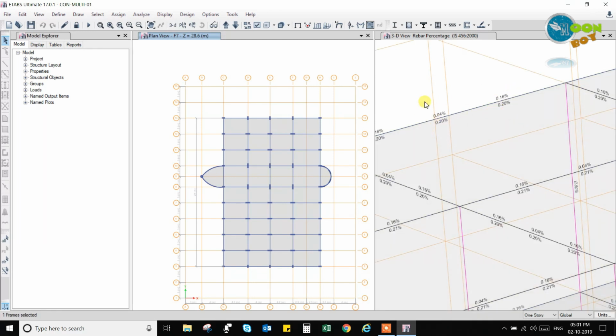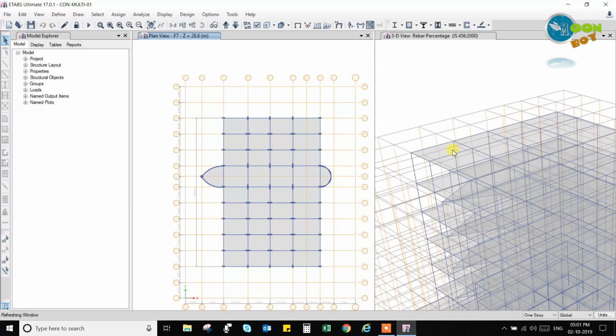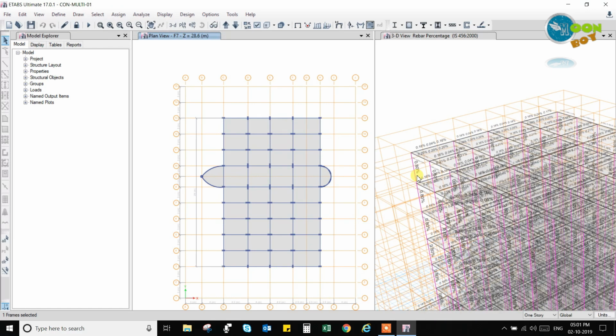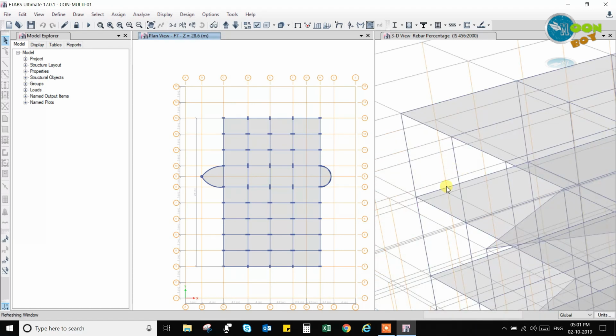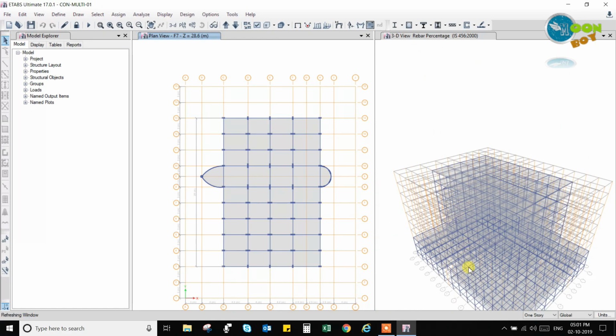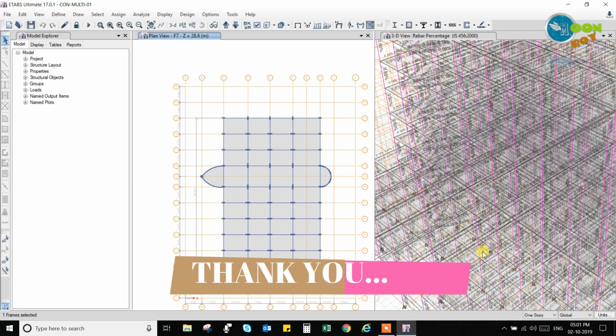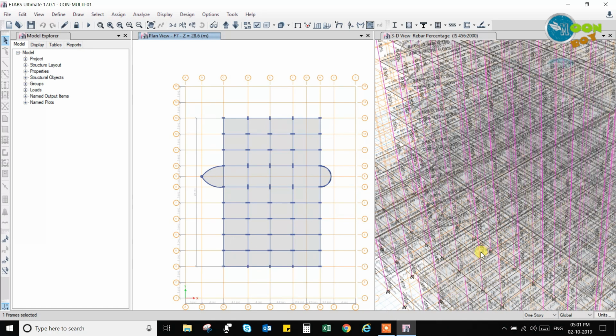So you can see the percentage, and the maximum percentage allowed is 2% like that, and 4% for column is available. So here it is taking very less amount of percentage. So this is the design based on IS 456 2000. We'll see the